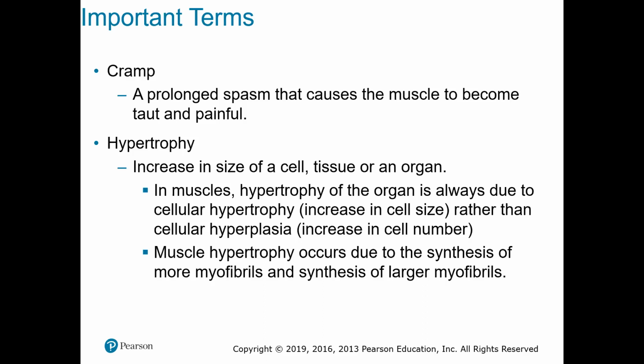We don't have hyperplasia. We don't grow new muscle cells. We don't necessarily like to see an increase in the number of cells. We see that in other organs when there's some sort of problem going on, when we get into AP2,